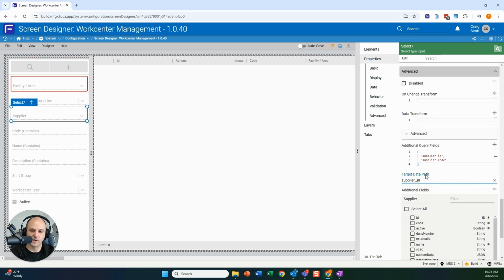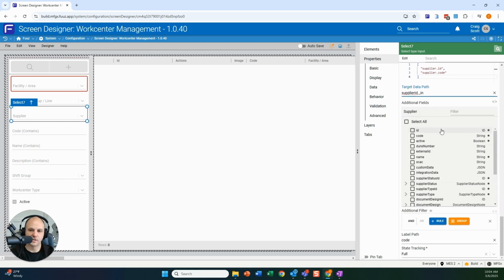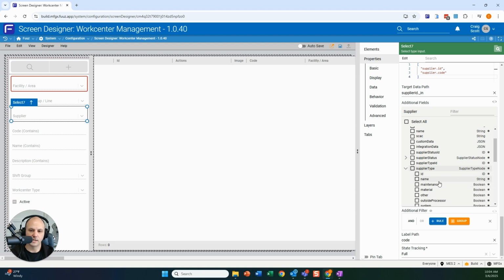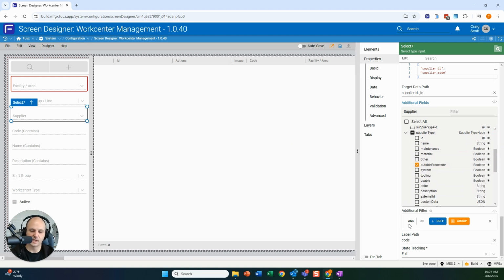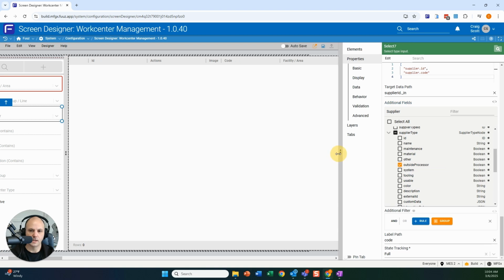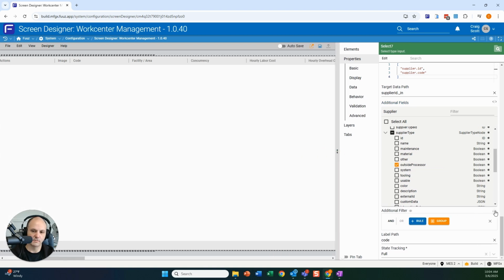And then here I'm going to want to fix this up because my target data path for my query is going to be the supplier ID, right? So I want to add ID there. And now down here, additional fields. Here's a couple of things I would recommend in this particular use case, because I happen to know that the only suppliers that I want to see are ones that are outside processors and that are active. Well, this is a filter, so we won't worry about active, but we definitely just want outside processors. Now down here, I can either build a rule and apply a filter to that input,